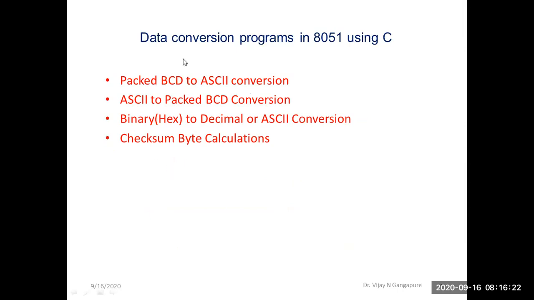Data conversion simply means converting data in one form to another form, or in other words converting data from one number system to another number system, or converting data in one form to a useful form. According to that there might be n number of such conversions, but out of that we are going to study only a few which are important to us.